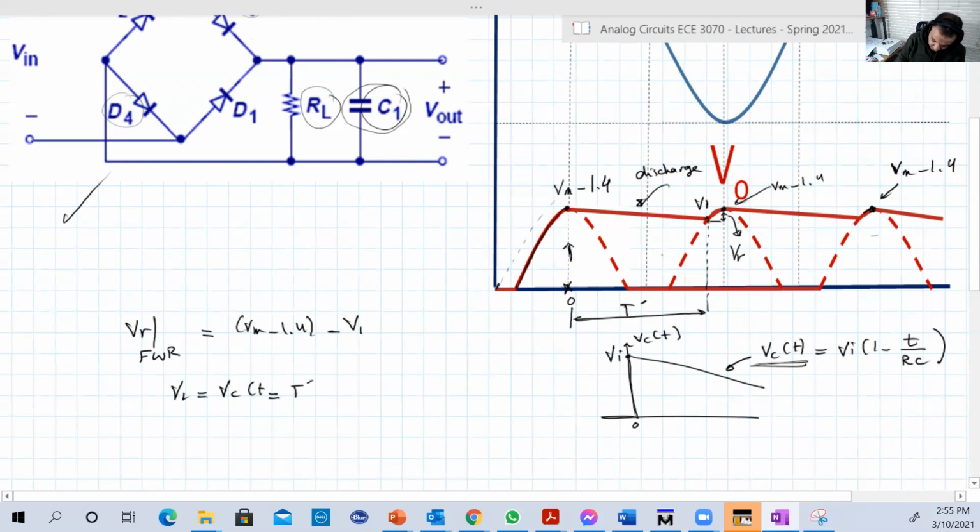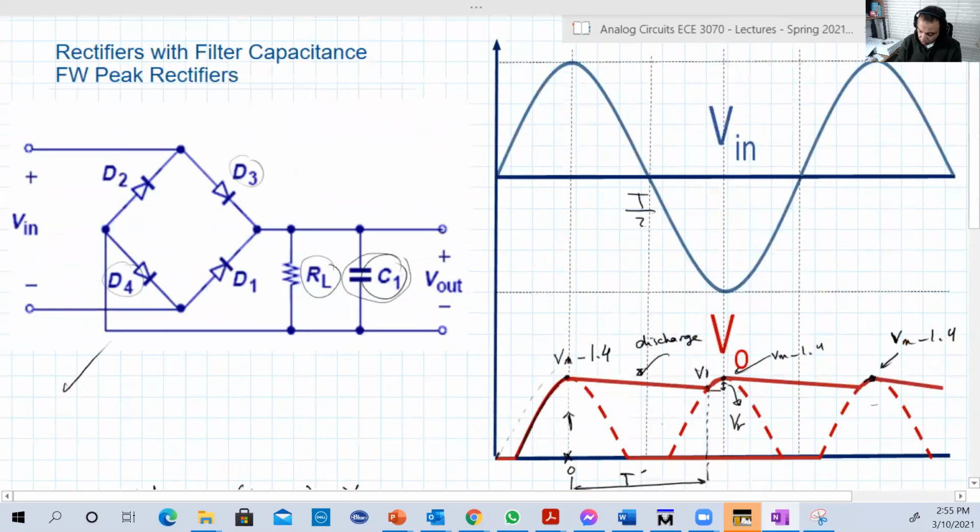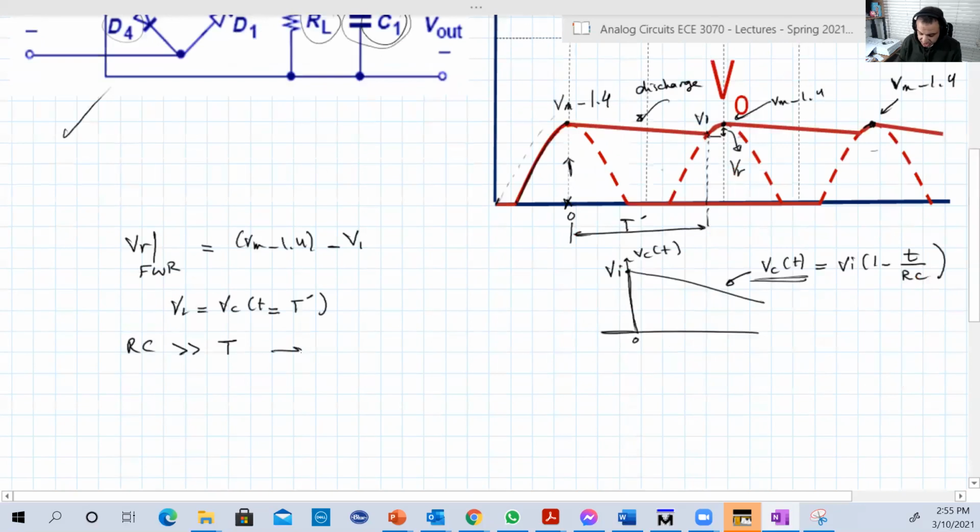So V1 is equal to Vc when t is equal to t dash. Remember again, we usually choose RC much larger than T, which is the period of the sine wave. So this is T, this is T over 2, and this is T, the distance in time between that point and that point. Based on that, t dash is approximately equal to T over 2,